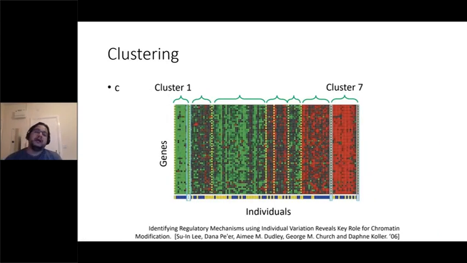For example, here we can have this type of clustering. We have different genes, and we cluster them based on some similarity. So we can divide them into 7 clusters, genes that are represented in this way. And these are for individuals. So we can have a person, or any kind of species, that has this kind of gene representation. We can see that the patterns within one cluster are very similar.